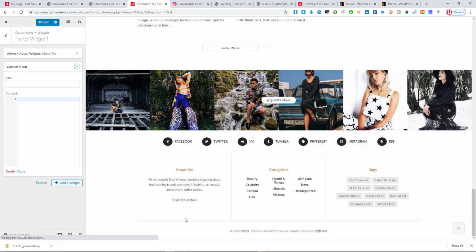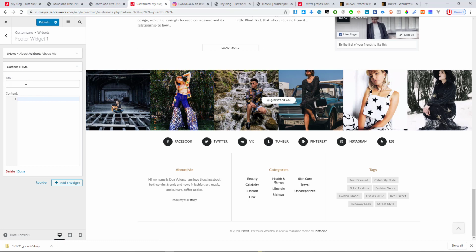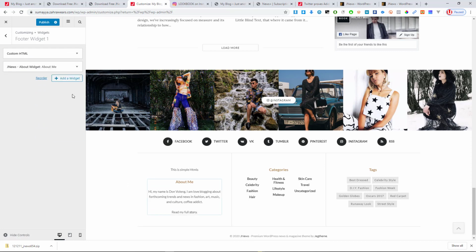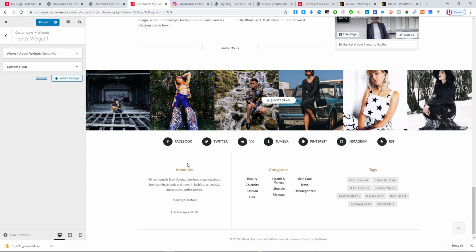So you see, it will be organized here, and then I can type a title if I want to. I just say maybe p tag. Let me put here some p tag, and then say this is simple HTML. So you see, when I do that, this will be simple HTML. So that's just a widget. You can add as many widgets as you want, and they'll be taken there. I can even move this one on top, or I can move this one on top. So if I want to modify this one, I can just simply click here, and then I'll be able to